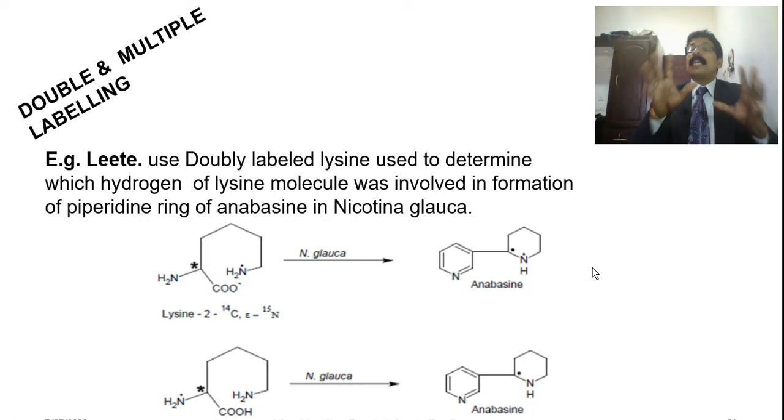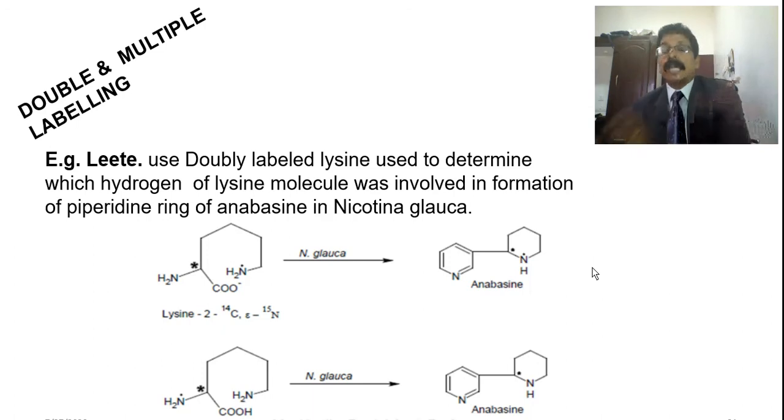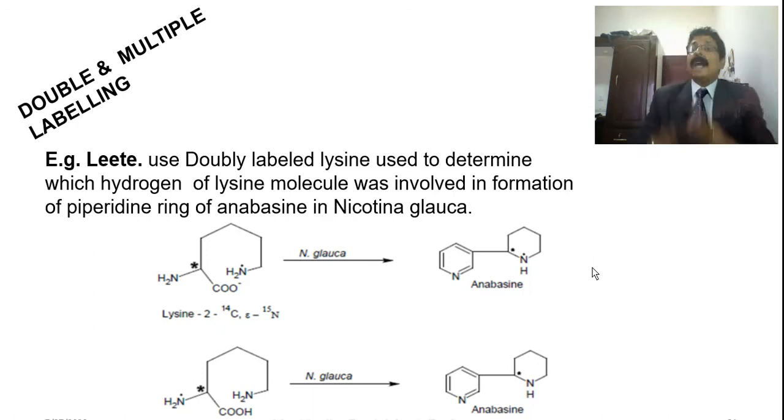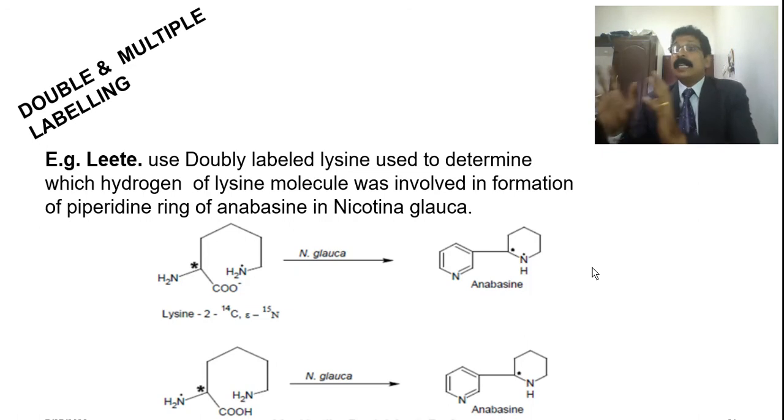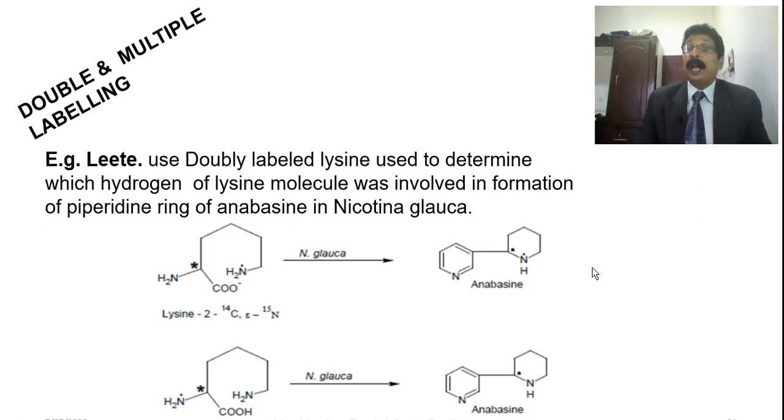So, this is one example where a student can clearly understand the labeled compound, how they will find out when a product comes out, when it is isolated and detected, and they can identify which compound is responsible for the formation of this structure. Can you follow me? This is how they used to identify. This is a simple example which will give students some idea.